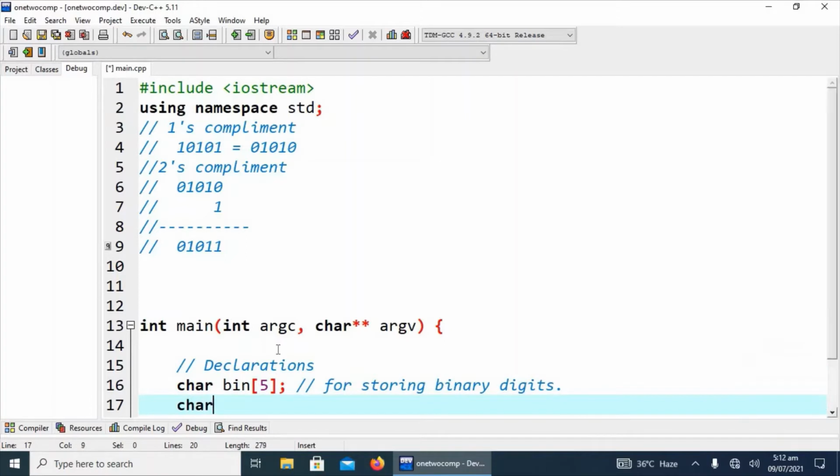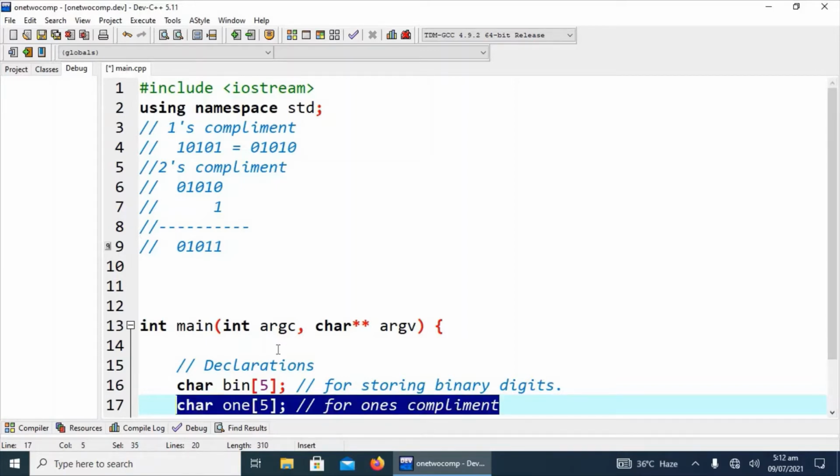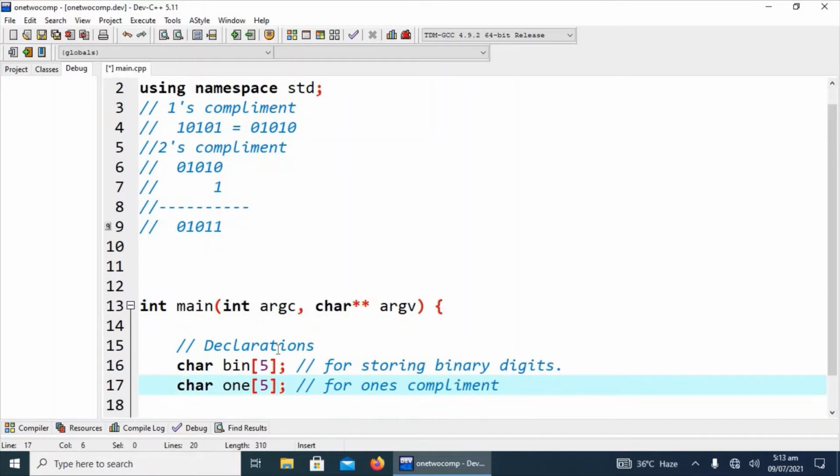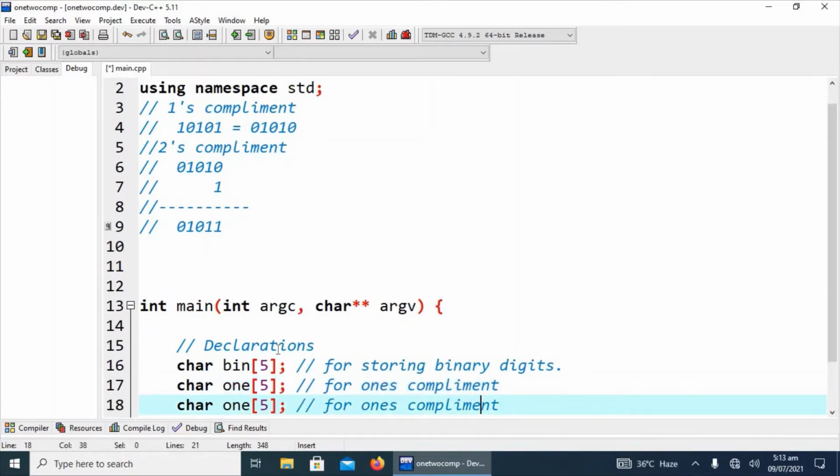Similarly, we are going to declare another array called ones to save the ones complement. And similarly, we will create a twos array to save the twos complement.